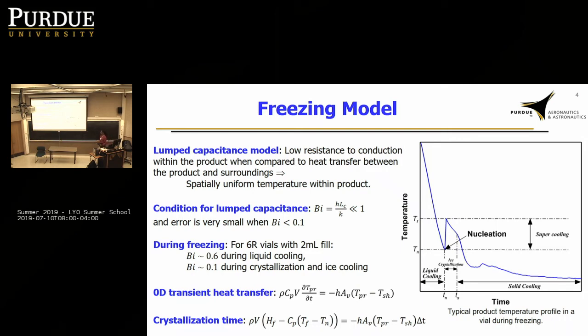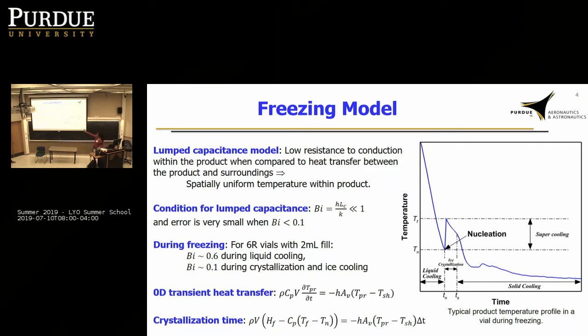So basically the equation that we're solving is the 0D heat transfer equation. We have all these equations here just to show you exactly what we're doing, but to use the tool you don't need to know any of this. All you need to provide are the inputs. So basically T_pr is the temperature of the product. You're assuming that the whole product is at a single temperature for this freezing model only. If you know your shelf temperature and your heat transfer and the product properties and so on, you're able to calculate this product temperature. That is done during the liquid cooling stage and the solid cooling stage. So you get a profile.